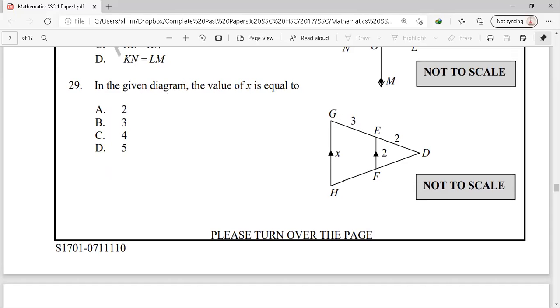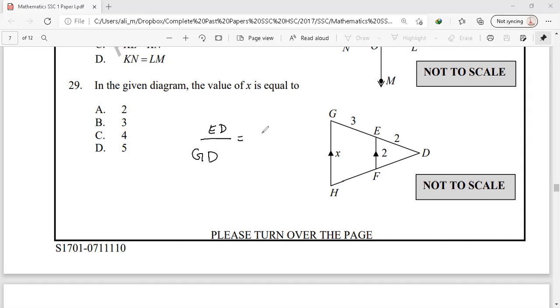Let's see question number 29. In this question, we have to find the value of x. So in this diagram, a line parallel to the side of a triangle is drawn, and we know that whenever a line is parallel to any side of the triangle, it always intersects proportionally. So from that theorem, we can make the ratio, that is ED over